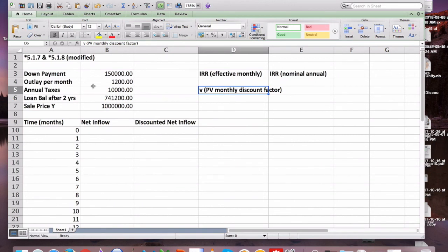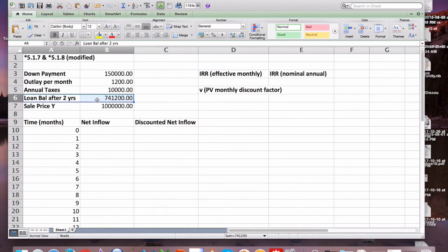Here you can see I've got the given information. I've got the down payment of $150,000. I've got the outlay per month of $1,200. Got the annual taxes of $10,000. I've got the loan balance at the end of 2 years of $741,200. So I want to calculate the IRR here and show you how to do that,